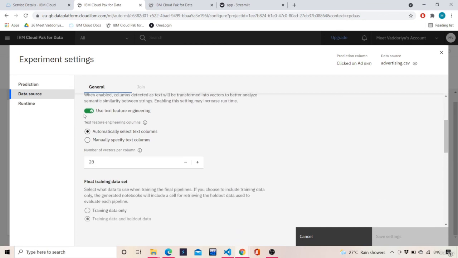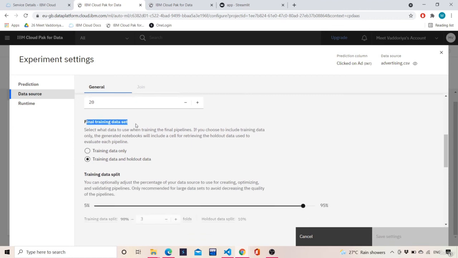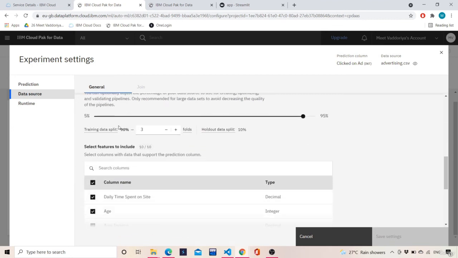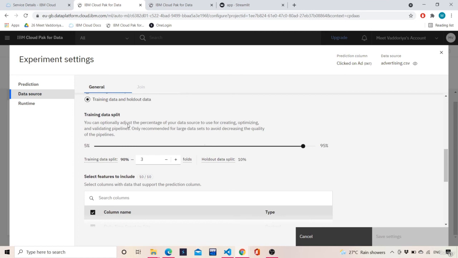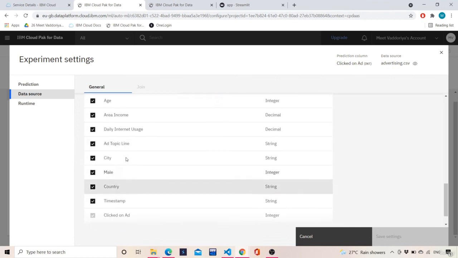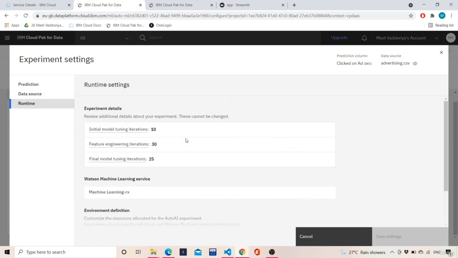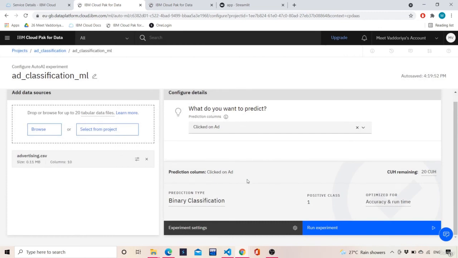Then text feature engineering is automatically selected, and the number of vectors per column is set. The final training dataset is set, and the train data split, which in sklearn we do with from sklearn.model_selection import train_test_split, is 90% training data and 10% holdout data. These are the few settings we have to do, and then we run the model. These are all the experiment settings, and then we are all set to